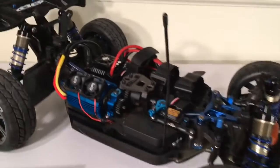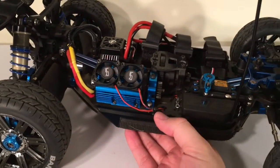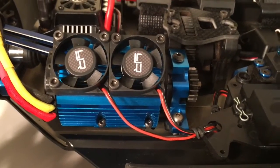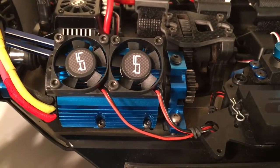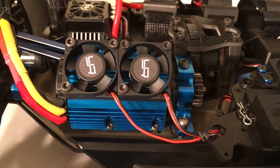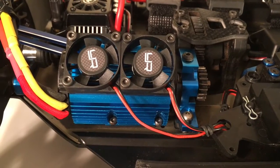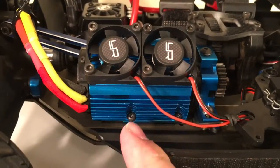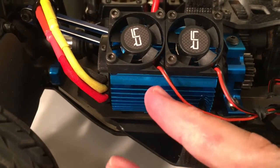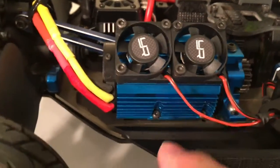Alright, since my last video I thought I would add a fan since the temperatures were getting up there on 6S. So I went with, I don't know if it's called Yay Racing or Yeah Racing, but it's a great setup. It's a tornado fan cooling system for 8-scale motors, designed for up to a 42 millimeter can, and it's a clamping design which uses screws, so it can be adjusted to a certain degree. With the Reedy 2000 kV that's in here, I did have to,